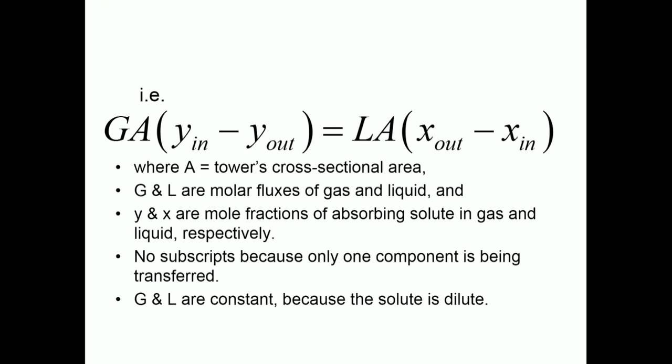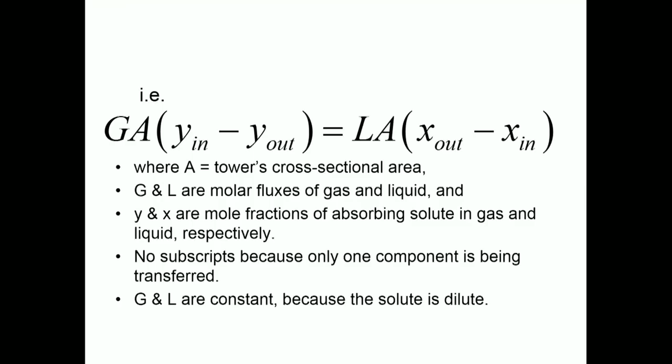So if these quantities are known and you choose these, you will be able to calculate the molar flow rate of liquid or the solvent. At this stage, we do not know the components of GA and LA. We know their values, but we don't know what G is and what L is in terms of numerical magnitude, because we have not decided upon the area yet. Okay. So this is the overall mole balance, and we should be able to figure out the molar flow rate of the solvent from here.